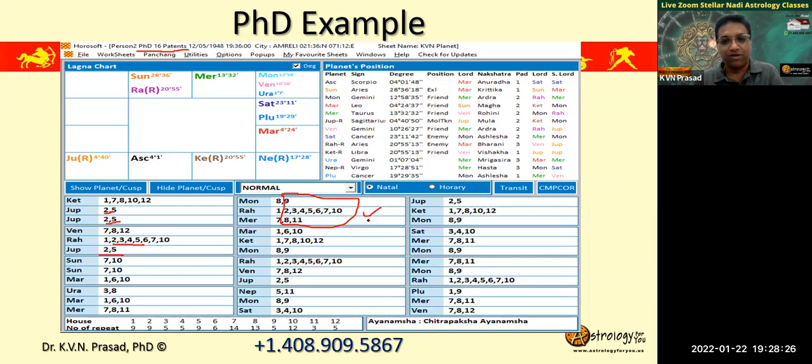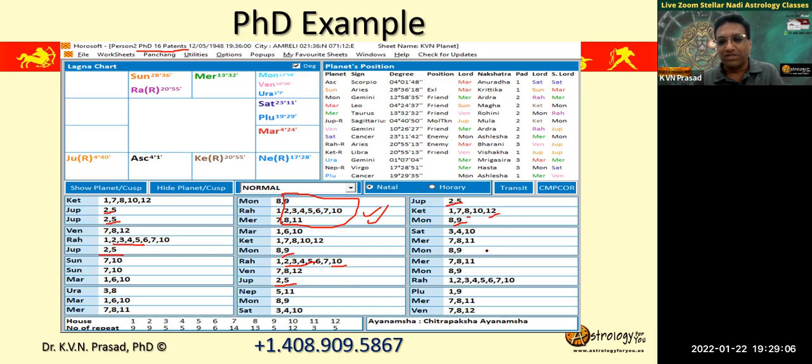So this is very strong. And what about Mars? Here we have 9, 10, only 12. Only 9 is there. Weak, not much. What about Rahu? 2, 4, 5, 10 is there. 2, 5 is here, 12 is also there. And what about this? 2, 5, 10, 12 is there. 9, 8, 12 is there, right?